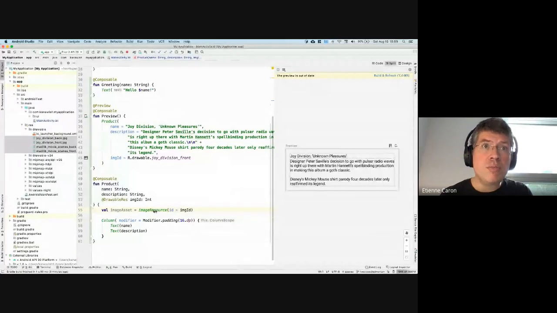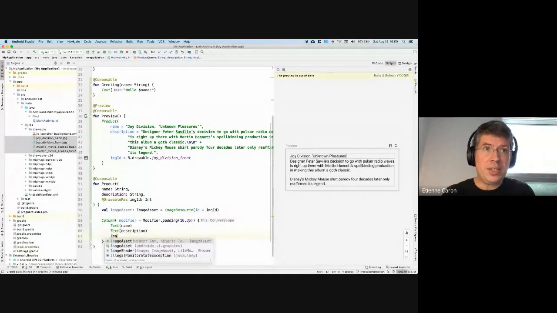I probably just made a typo in there. Anyway, moving on. So we have an image asset now. This is like a proper image. If I specify the type explicitly, in Kotlin you don't always have to do that, but you can easily do so. You can see that image asset is an object of the type image asset. Pretty straightforward. And then that's the type of asset we need to pass into